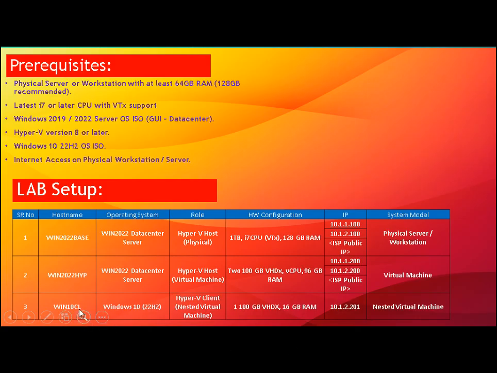And now the third machine, with hostname Win10CL. It will be running Windows 10 22H2, and the role it will have is Hyper-V client, or Hyper-V virtual machine, but it is a nested virtual machine. You can see physical, then virtual machine, and this will further be a nested virtual machine, Windows 10. Now the hardware configuration is a 100 GB VHDX and 16 GB of RAM